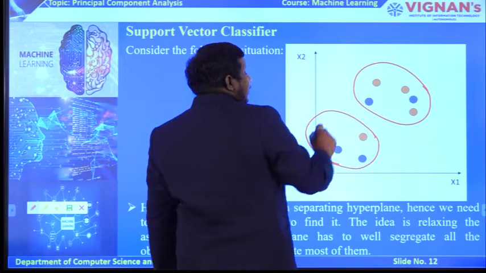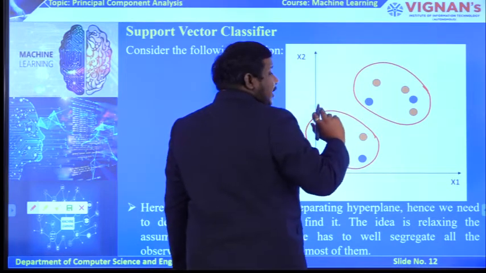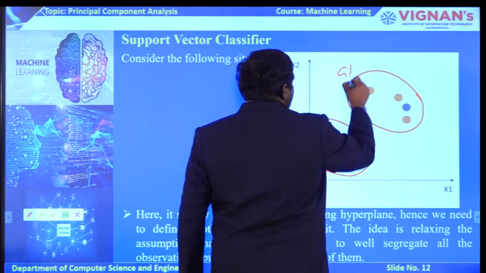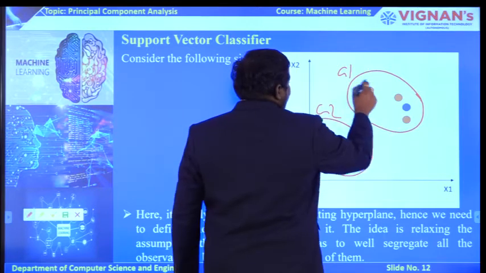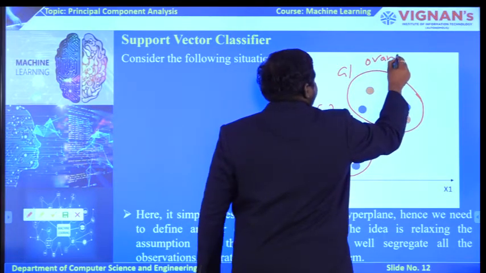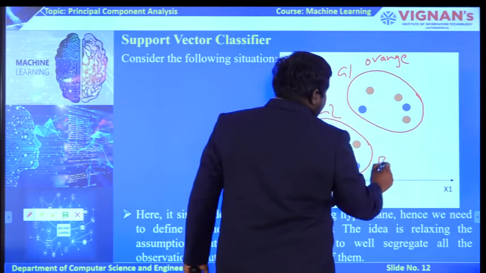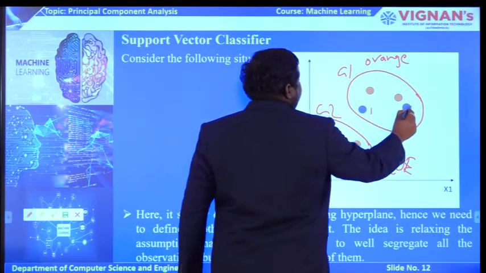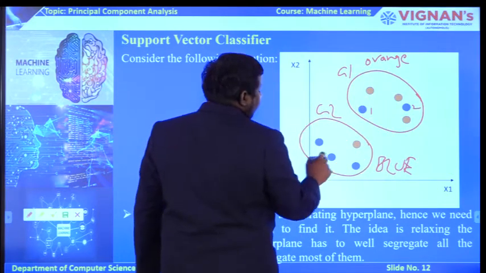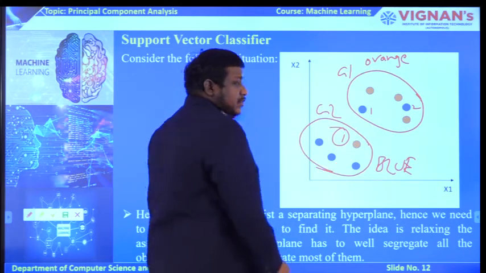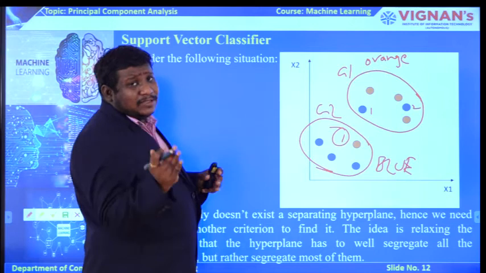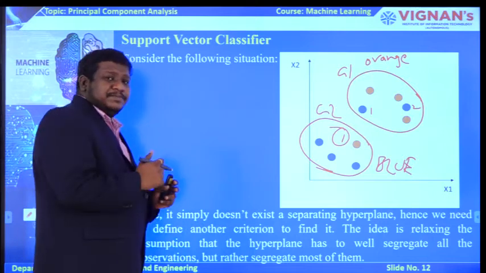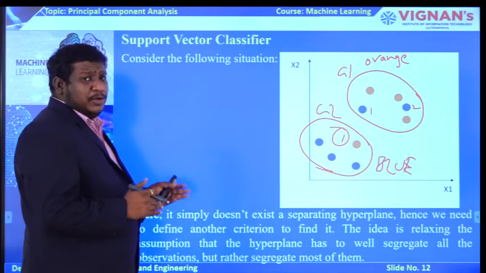But what is happening here? Cross data, or wrong data, has been placed in this group. Group 1 stands for orange, group 2 stands for blue color. But in the orange group, 2 blue elements are there. Similarly, in the blue group, 1 orange element is there. So this is data which belongs to the other class, duplicated in the opposite class. This is the case where support vector classifiers are going to play the key role.